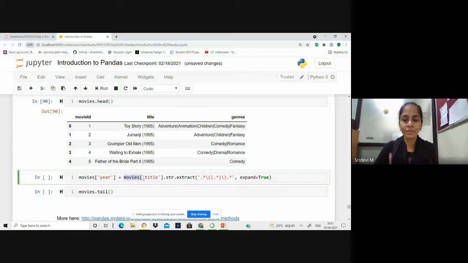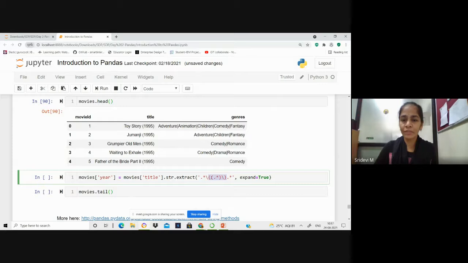On the title column, from the string, we are extracting whatever is embedded within the brackets. The bracket may be preceded by anything and succeeded by anything, but we are interested only in whatever is enclosed in the brackets.